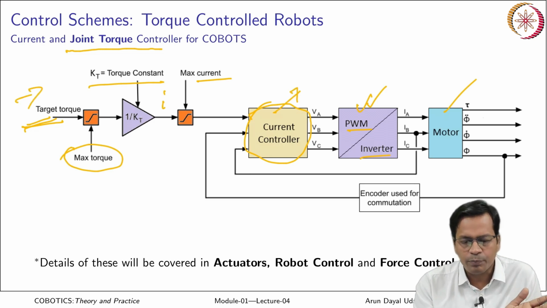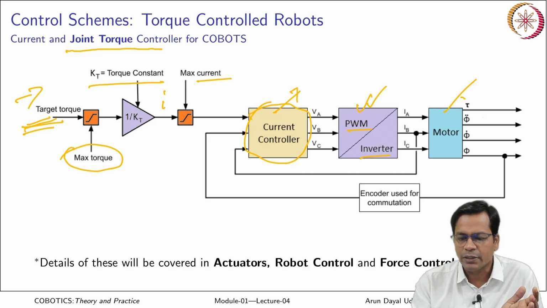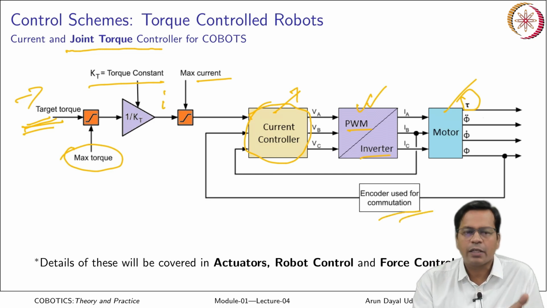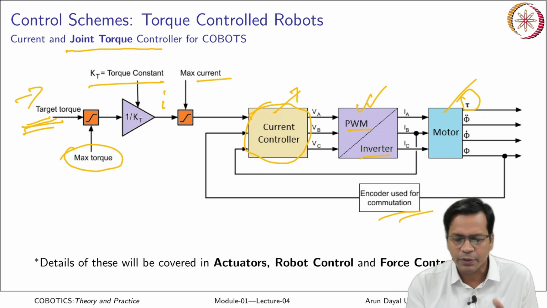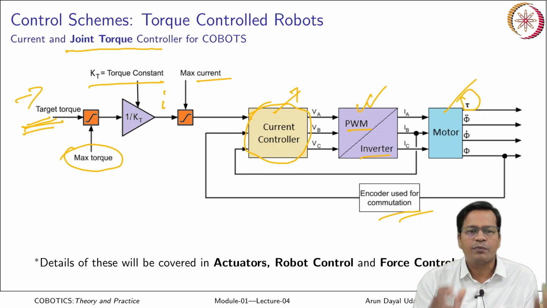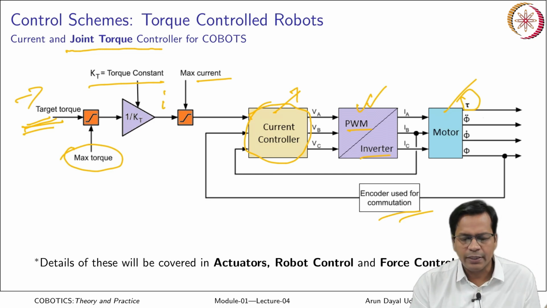Okay, so torque input becomes the torque desired, and finally that torque is achieved at the output of the motor. It also keeps track of the joint angles for internal purposes, to ensure whether the actual position has been achieved or not, maybe for safety and free fall detection. The entire details of this will be covered when I discuss the actuator in the next module.